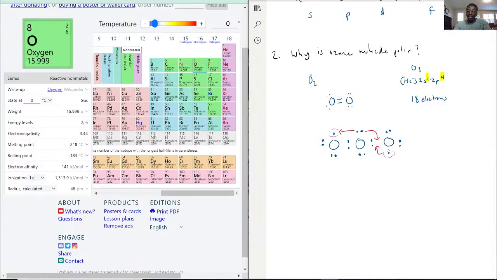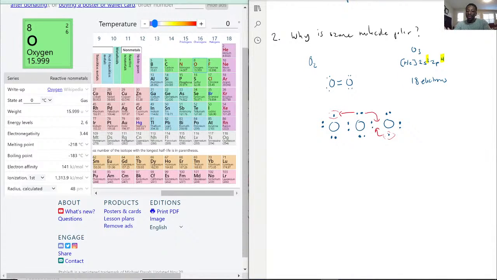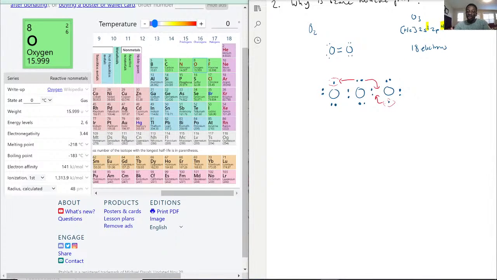The reason being is that we still keep track of the same amount of electrons, but now oxygen still gets to keep its octet, and at the same time it also gets to satisfy the other oxygens around it. So what we have now is oxygen in the middle, a double bond to the right,